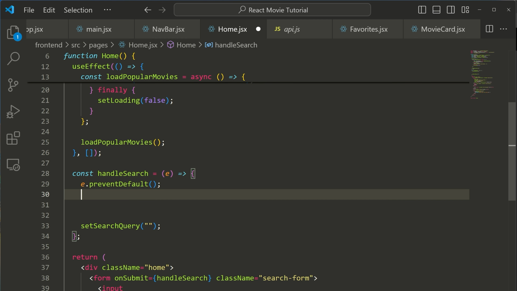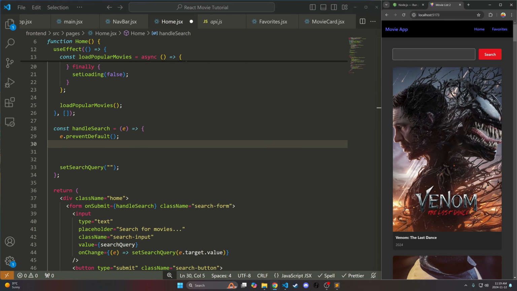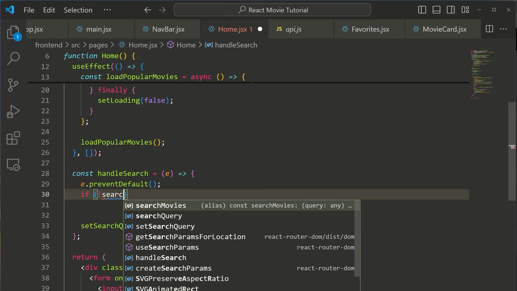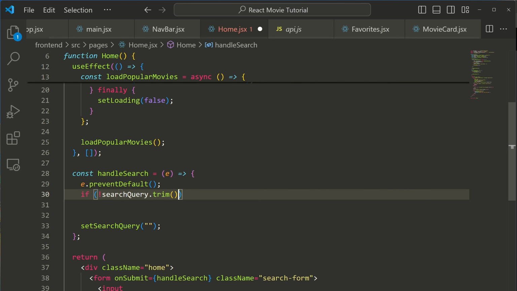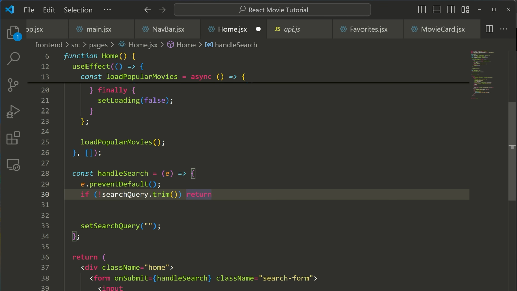And the first thing I'm going to do is just make sure that the user's searching for something that's not an empty string, because technically they can just use a bunch of spaces here in the search field, and we don't really want them to be able to search if it's a bunch of spaces. So to do that, I can say if not searchQuery.trim(), then return. Now trim just removes all of the leading and trailing spaces from the string, not ones in between the words. So it removes all of those for us, so we can make sure that they actually have some characters in